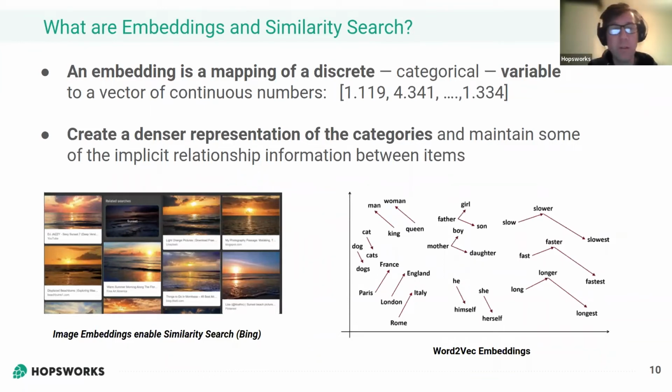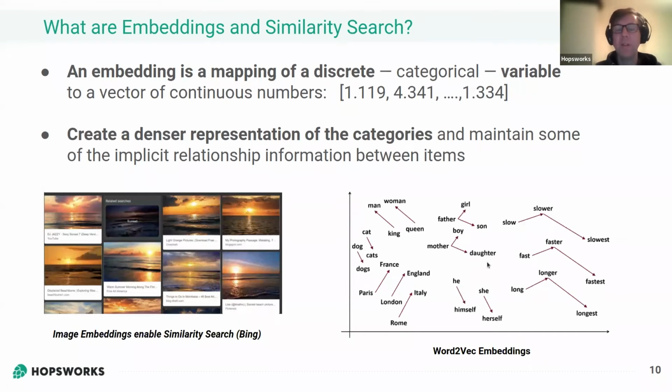for everybody who doesn't work in the space. So an embedding is basically a mapping of some discrete or categorical variable to an array of floats is one way of looking at it. So a vector of continuous numbers. If we take the words in the English language, we've got this thing called word-to-vec embeddings. It's quite a well-known algorithm for taking a word in English, for example, and converting it into this array of